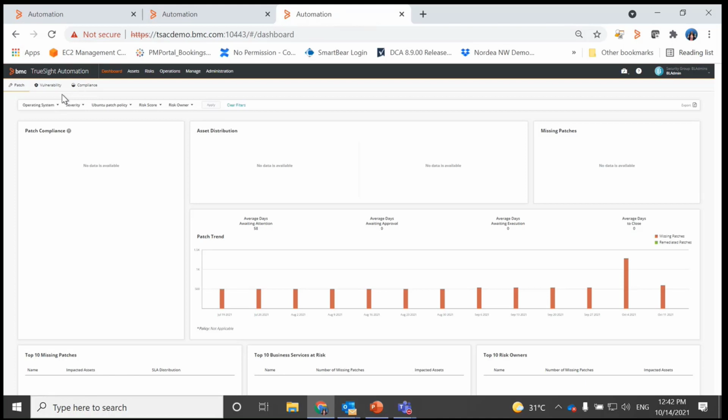Also, if there are new patches which have been published by the vendor, or there are new assets which have been identified in your server and you have registered them, the patch policy will make sure that all those new patches are also reported as missing, and the policy is also run on the newly registered assets, because you have defined it on all assets or a smart group instead of a static list of assets